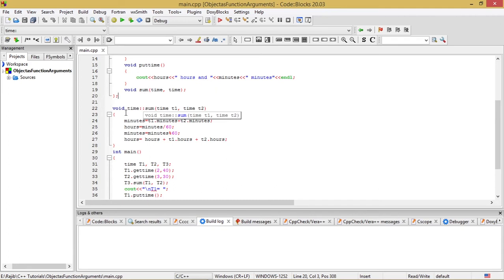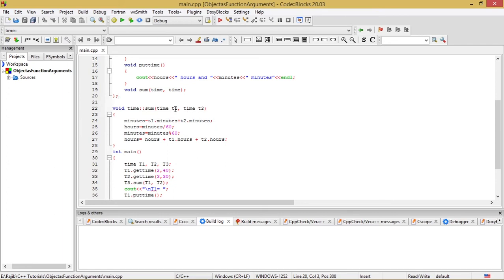I have defined it outside the class body with the help of the scope resolution operator, which shows that this sum function is a member function of the class time, having a void return type and two interesting formal parameters associated with it, that is time t1 and time t2.